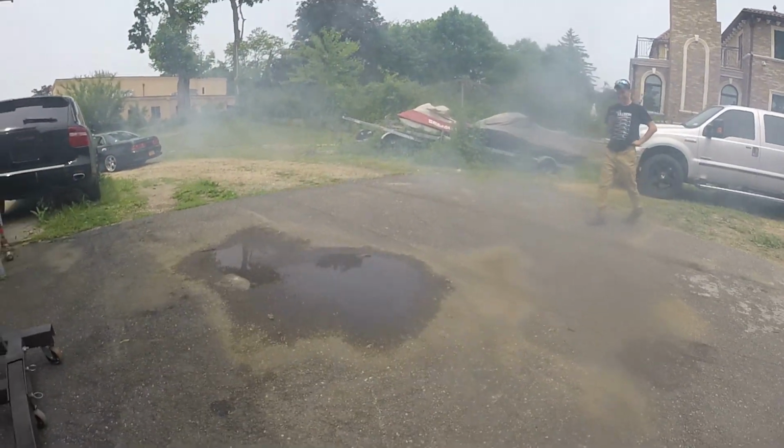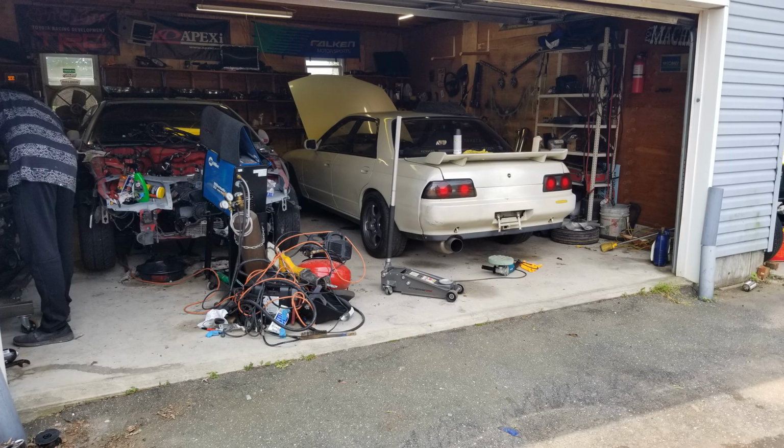Dude, it's spewing rubber. So I'm not sure why we didn't cover this in the video, but stopping at John's house up in New York was by far the coolest part of this whole trip. He imports cars from Japan, usually 2 or 3 at a time, and then he sells them, and he sells them way cheaper than anywhere else you're going to get them, at least on the East Coast. And they're always really nice cars. He even fixes them up a little bit to make them a little bit better than they come over. But the car you saw in this video was a